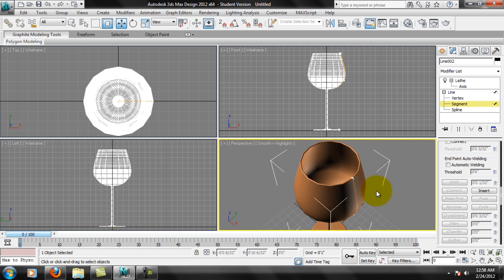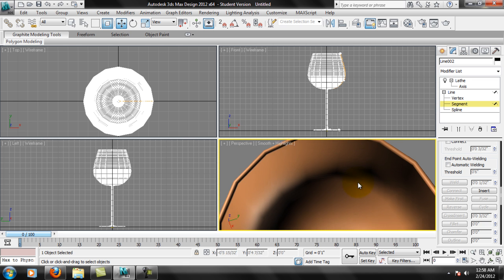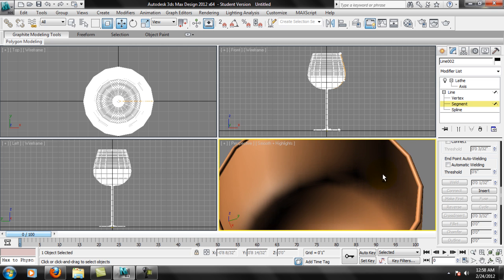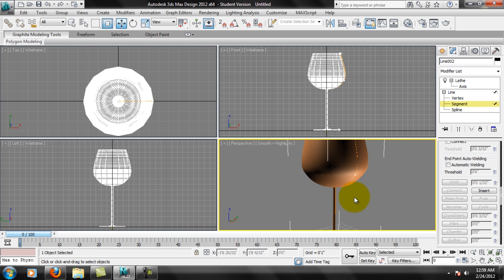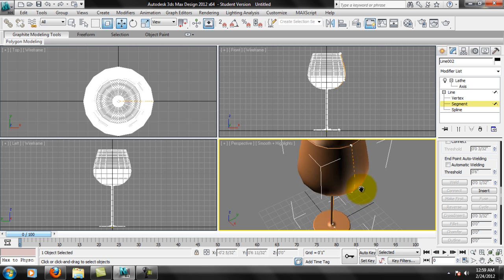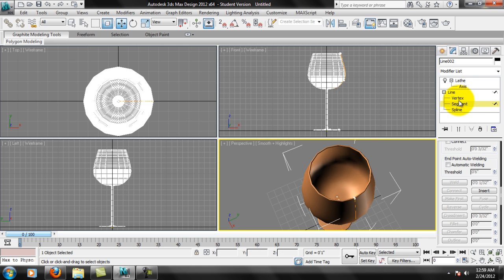Now, why do we think that it's so steppy? A wine glass isn't that steppy, is it? The last time I checked, I don't think so. Maybe back in the old days. So we need to adjust that. So this is something that will be taken care of, obviously, in the lathe